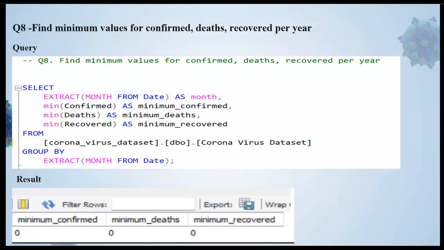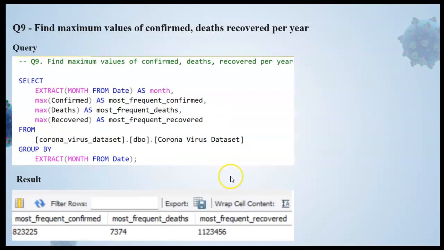In question 8, find the minimum value for confirmed, death, and recovered per year. For that we use the minimum function, and we got 0 as the result because we don't have any minimum value in our dataset.